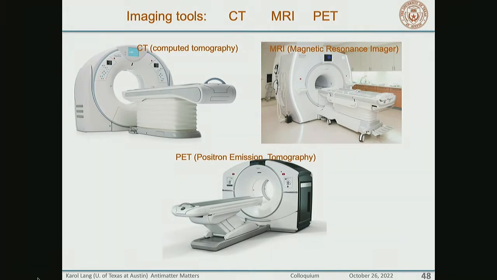I'm showing here images of CT. What's CT? It's computed tomography, X-ray. Okay, it's a tomographic X-ray. MRI, and this is PET. And from outside, unless you really are an expert in devices like that, you have no clue what the difference is. The inner guts are completely different in every one of them, but from the outside, they look essentially what